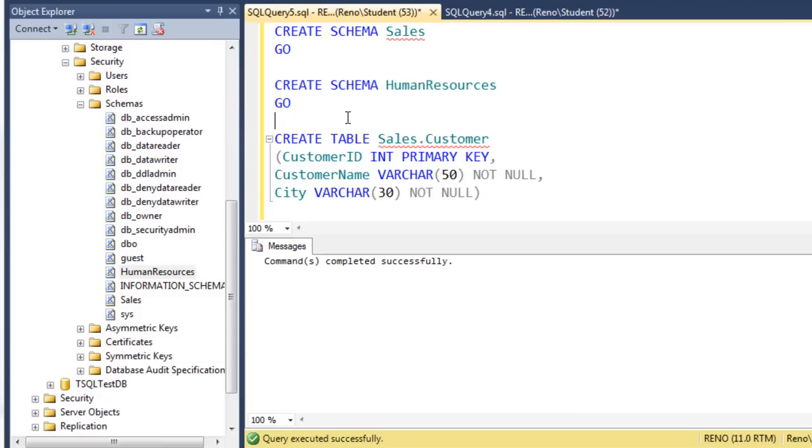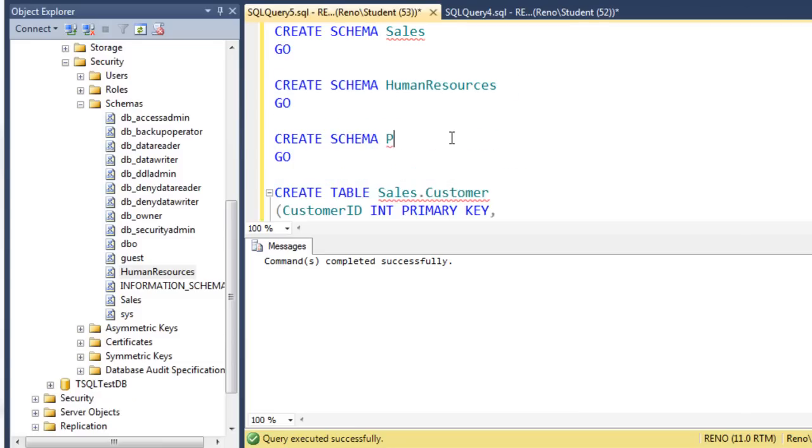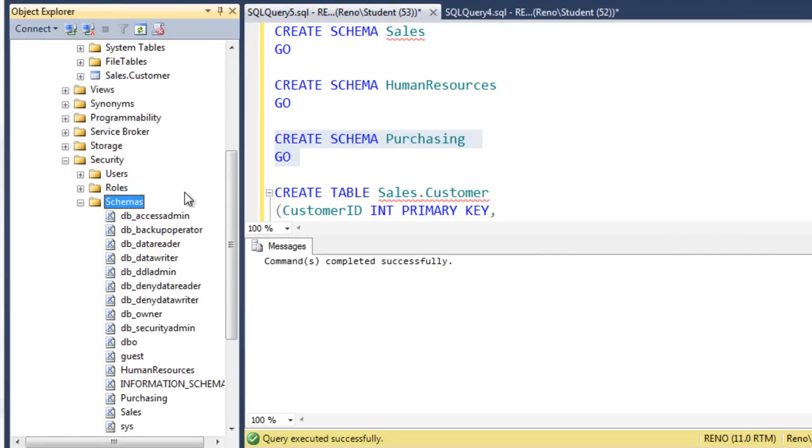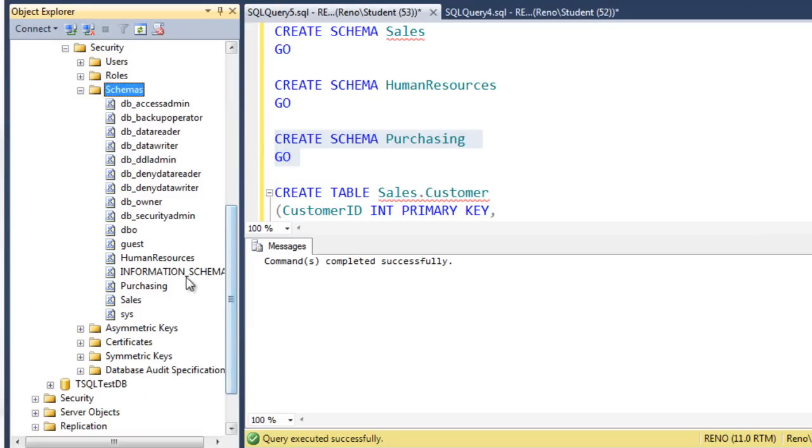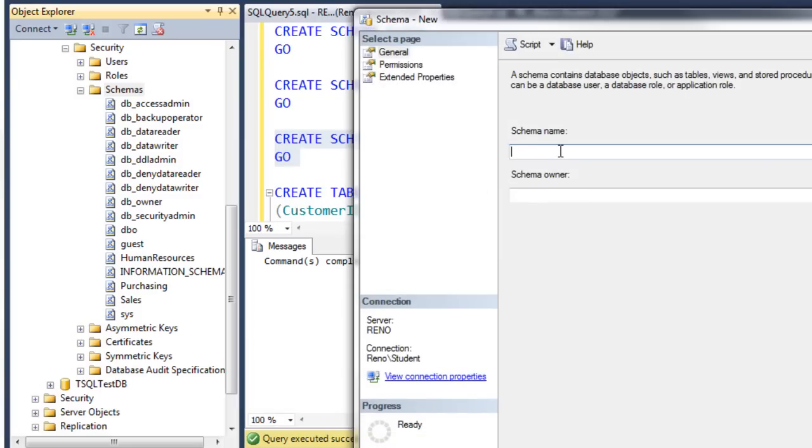Let's do the same thing for the purchasing schema. Copy and paste this, change it to purchasing, run those lines, commands completed successfully, purchasing schema created. Let's refresh and check, and we see the purchasing schema is there. Now we want to create two more schemas, people and production. We can use code, or you can just right-click the schema folder and say new schema, type in the name as people, click OK,